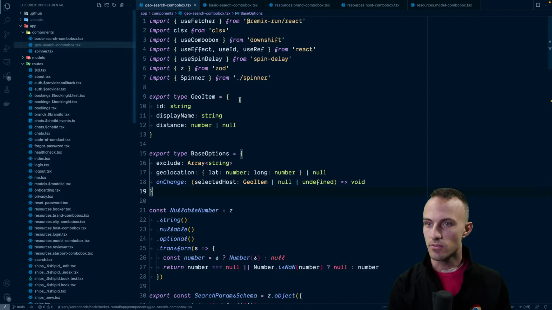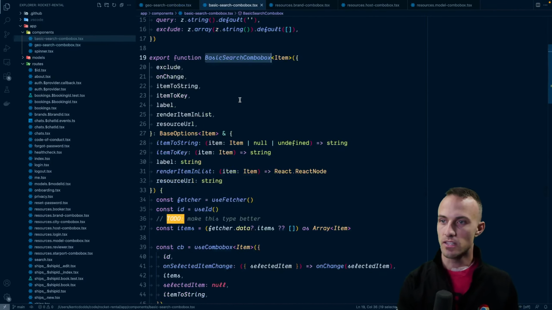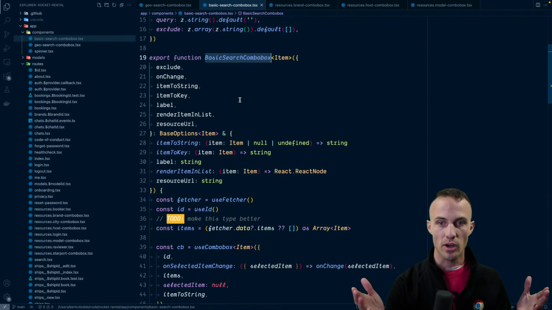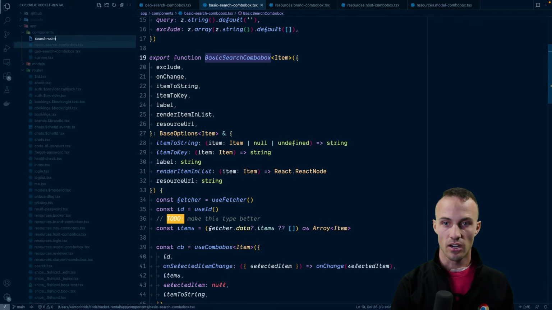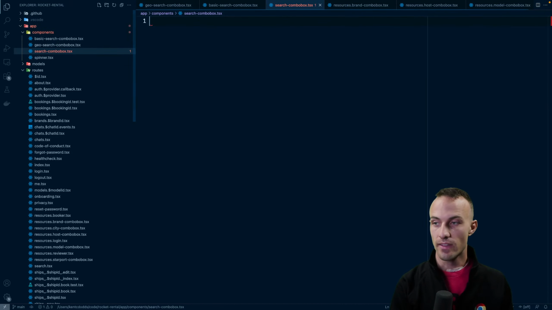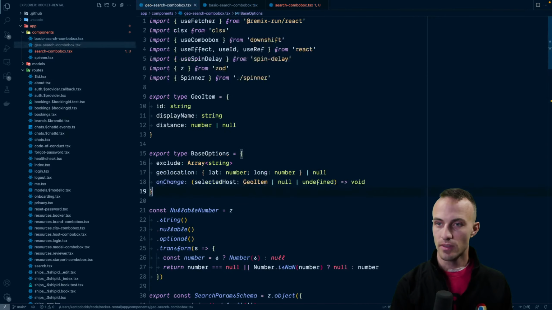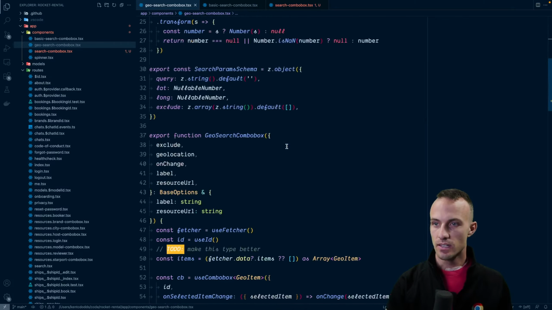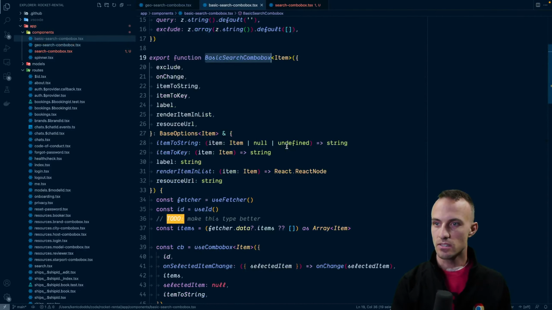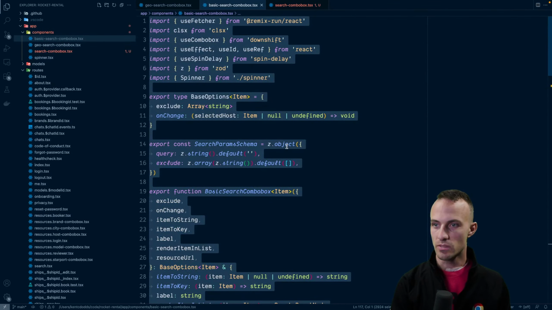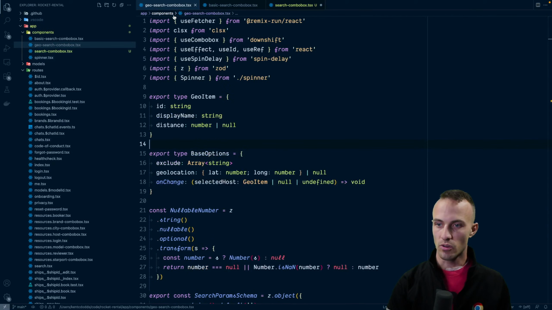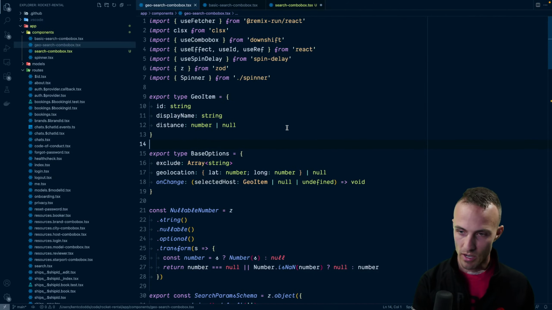So where we left off was we've got this geo search combo box and this basic search combo box. These two combo boxes that I want to be built on top of the more generic search combo box. And that is what we're going to do here. And so I think the easiest one to take would be this basic search combo box, and abstract this further to be able to support the use cases of the geo search combo box. So